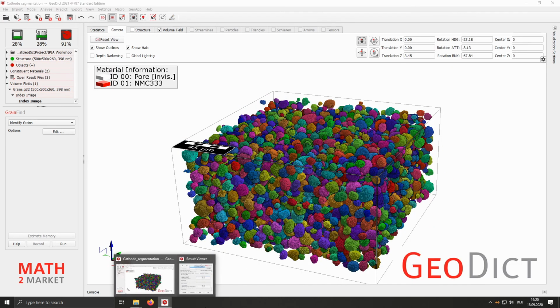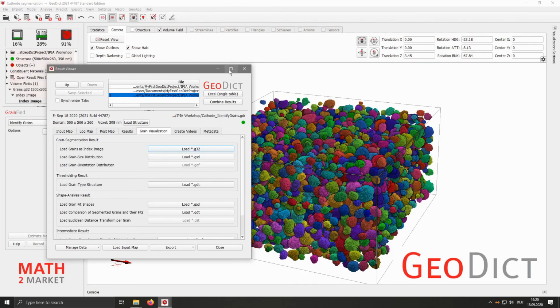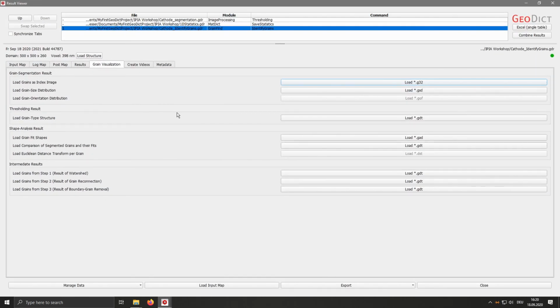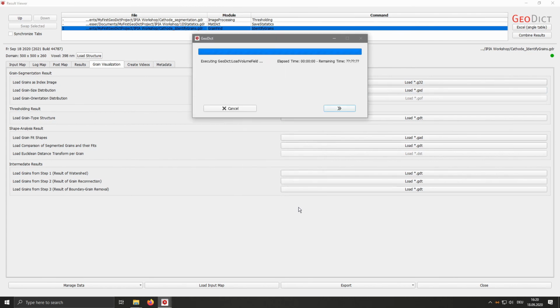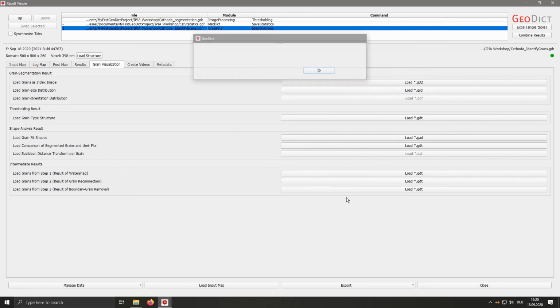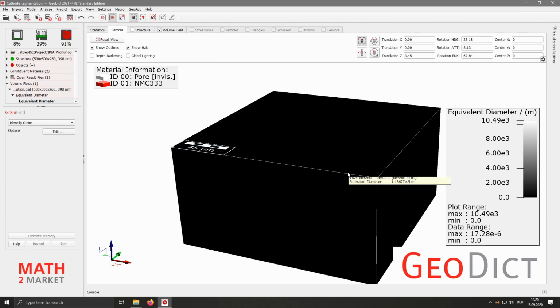So now we go back into the result file, make it again big, and what we also can load is the grain size distribution. That's the second button here, load GSD. Click it and minimize again.